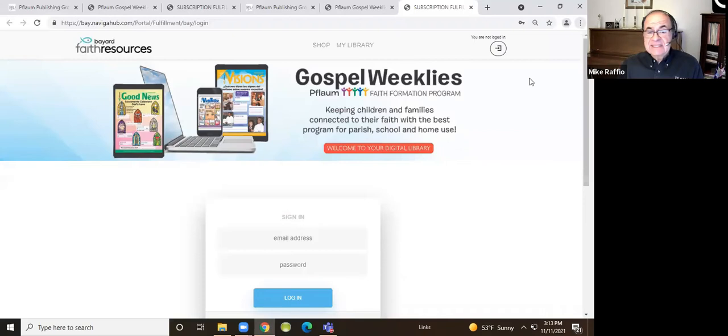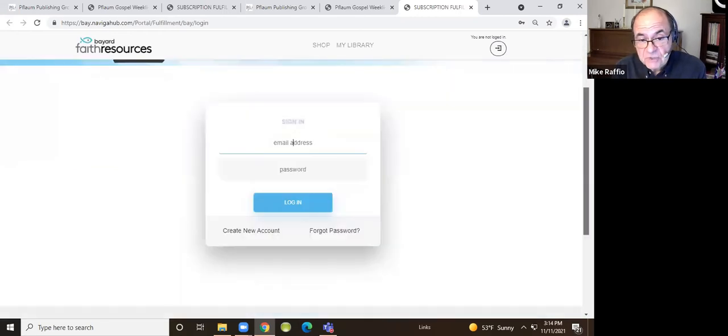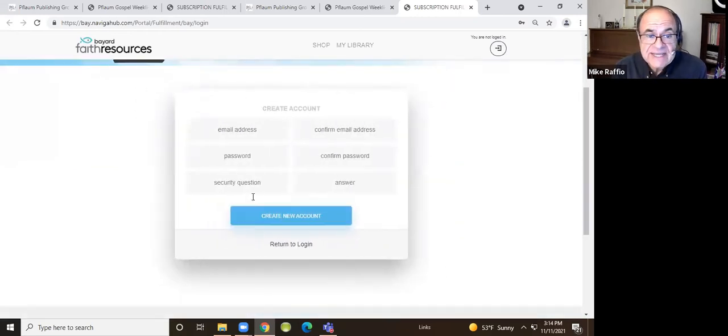This looks exactly like it did when you clicked on the green button. However, Dave is a parent, and Dave is going to enter in his email address as a parent here. Oh, well, I'm sorry, Dave, you're going to actually have to create an account because we do not have your email address. So if you just scroll down to create an account, you need to create an account. And if you'll notice, Dave, I don't think you can use that one. I think you already used that email address. I think you have to use a different one.